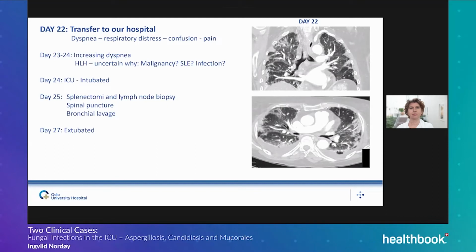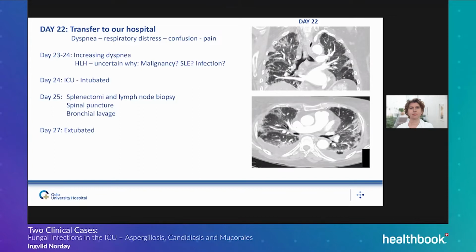And then you start HLH. Well, in a grown woman of 69 years old, you have to think malignancy first and foremost and start looking for that. But we also knew she had an SLE. But strangely, it didn't seem to be very aggressive, with no antibodies present. Although her clinic definitely suggested that there had been activation in her rheumatological disease at presentation. And of course, an infection could also bring out this picture.